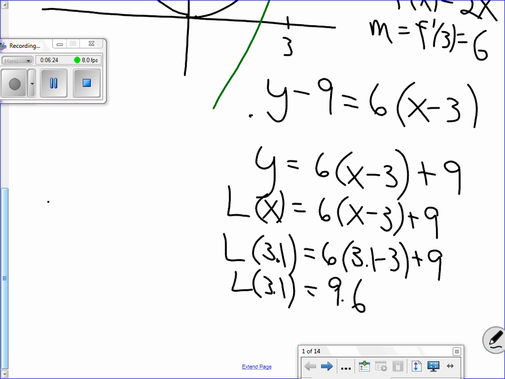Let's see what y on the function is equal to when x equals 3.1. Well, I want it to be close to 3. 3 is my favorite number. So if we plug 3.1 into the function, we square it. Actually, I need your help for this because I forgot what it turned out to be. What is it? 9... can you go out a little bit more? 9.61,